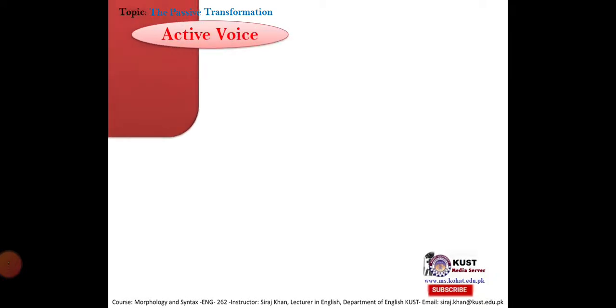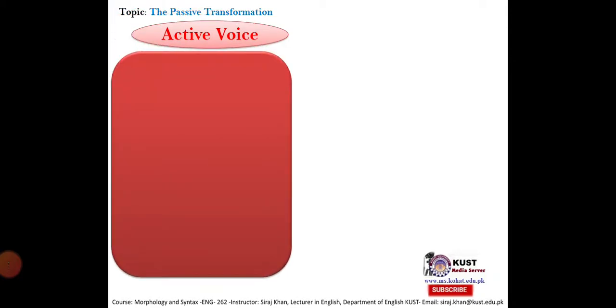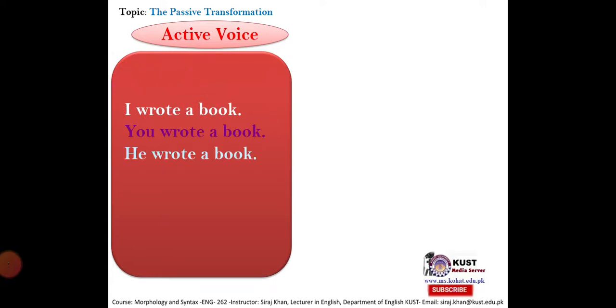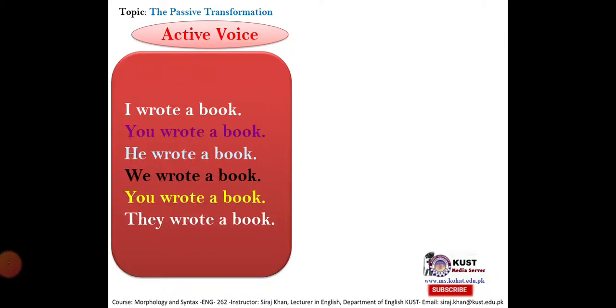Active voice sentences of past tense. I wrote a book. You wrote a book. He wrote a book. We wrote a book. And you wrote a book. They wrote a book. Changing into passive voice sentence